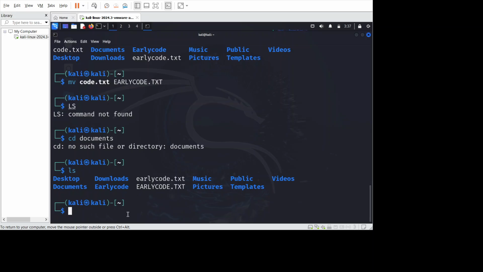So now let's use the mv command to move the earlycode.txt in uppercase to the earlycode directory or earlycode folder. So we say mv, then we specify earlycode.txt. Then we specify the destination we want to move it to, which is the earlycode folder, right? So when we click enter,